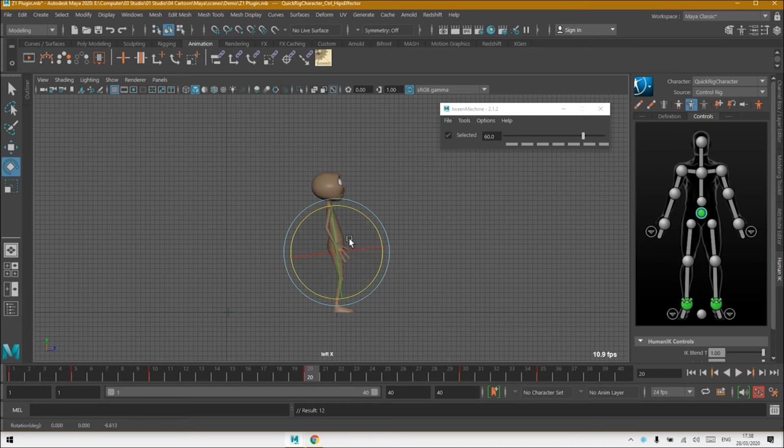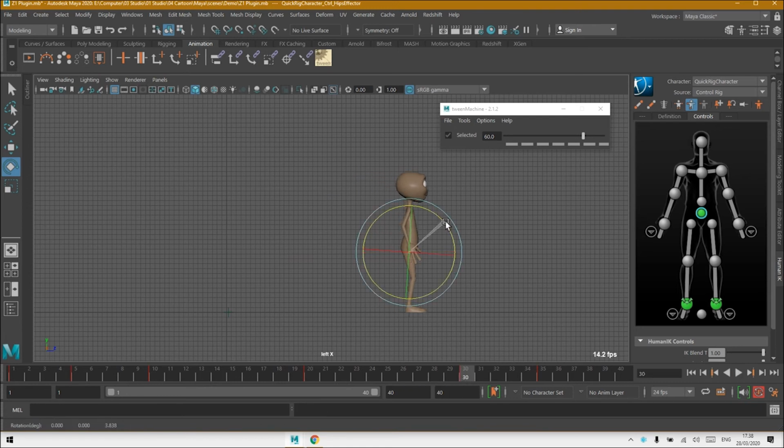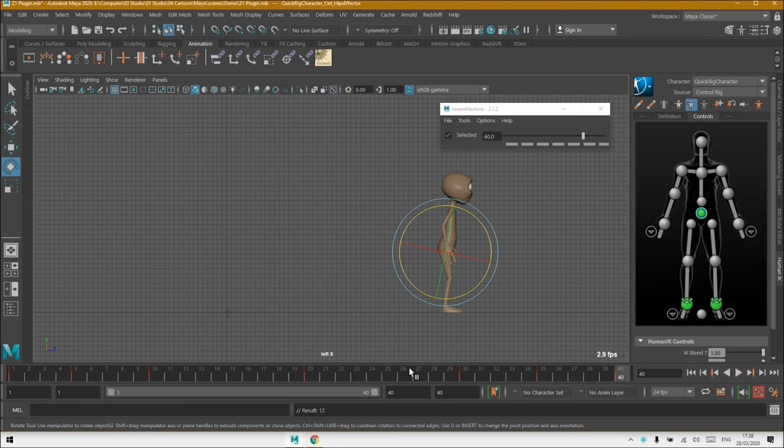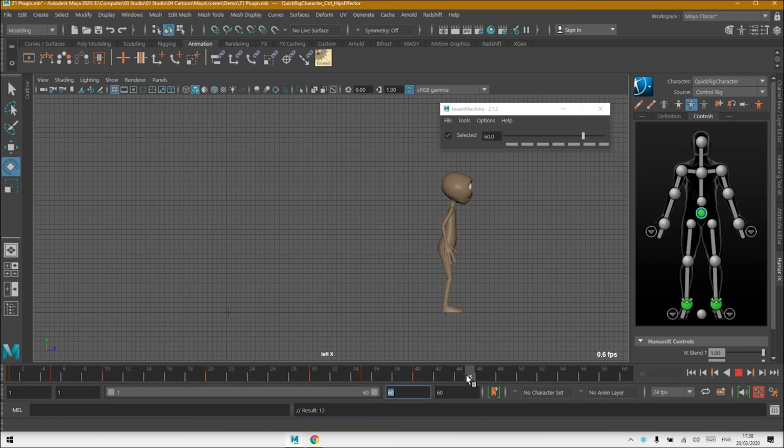Of course, you can use all of the body controls like legs and arms and so on, but I just want to give you the idea about it. So when he comes over here, he pushes his body backward, and at 14 he is just back, and maybe we need to add more frames. Let's see, somewhere over here